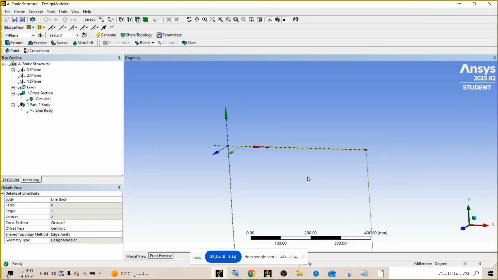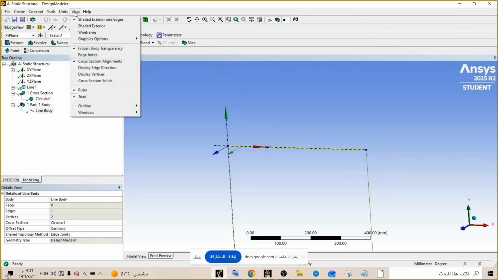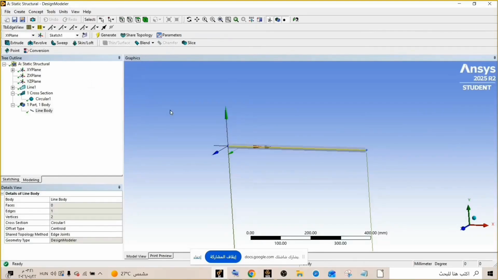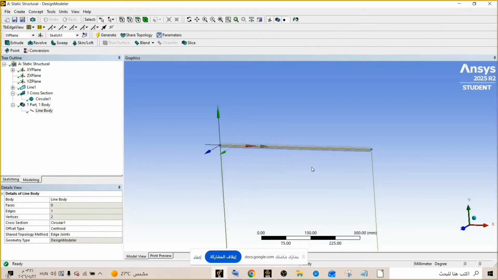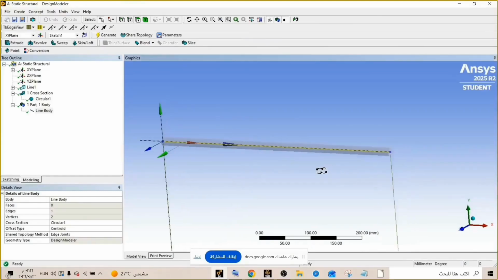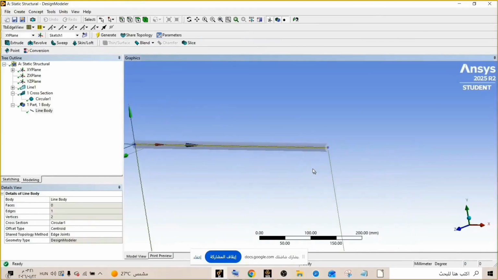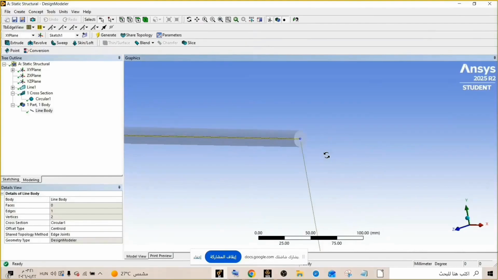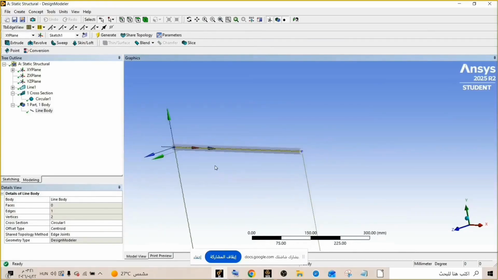So if you view the cross section, then go to view, cross section solids. So as you can visualize the cross section, as you can see, it's a circular cross section.